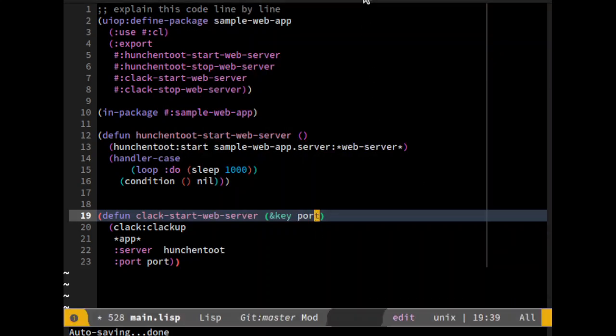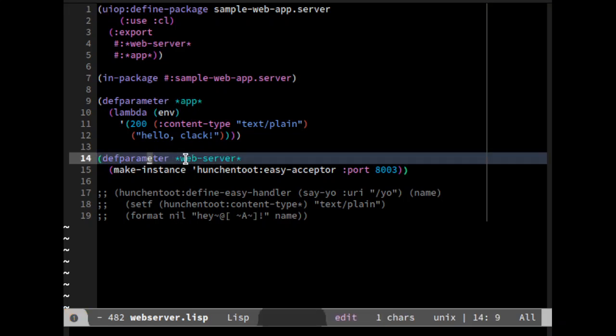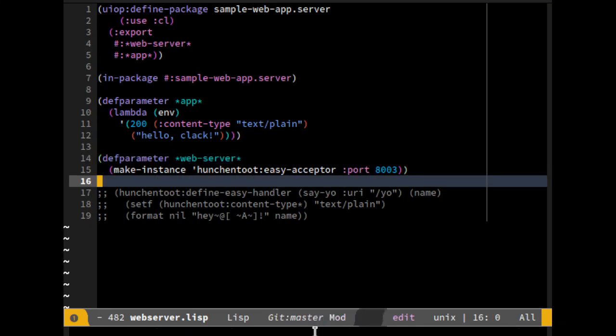Cool. So you're on webserver.lisp. I have def parameter web server. While you are typing all that up, I'm going to just mention to the audience, if they're listening to the stream,